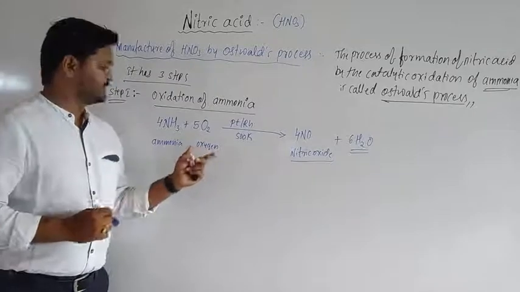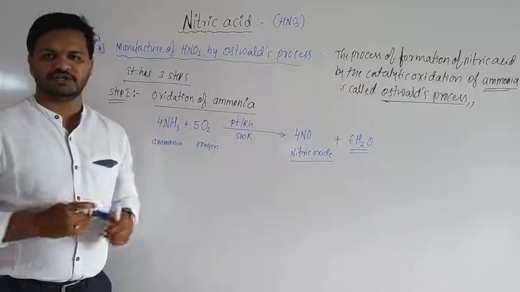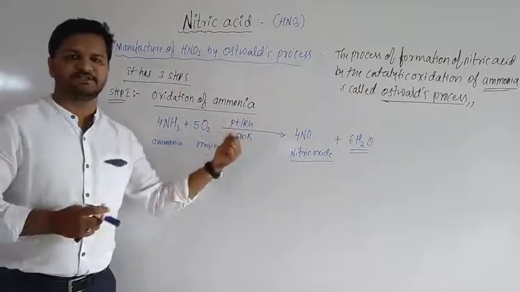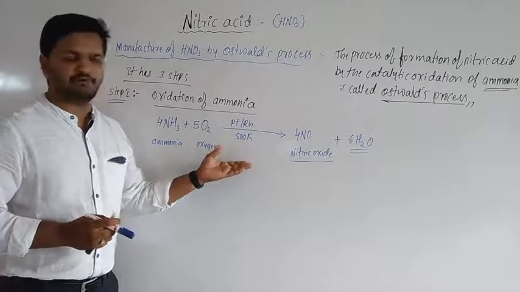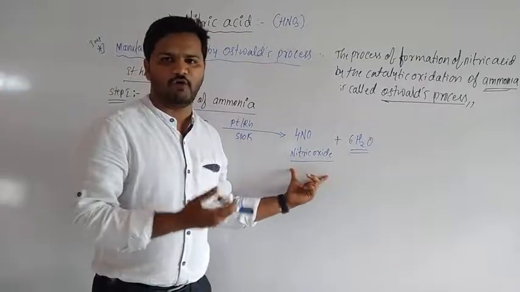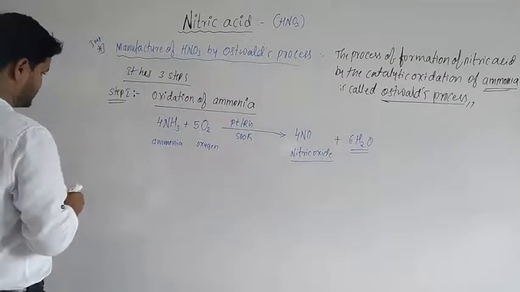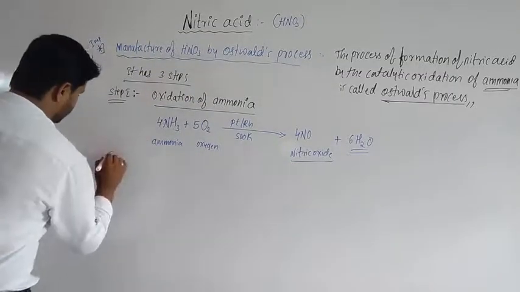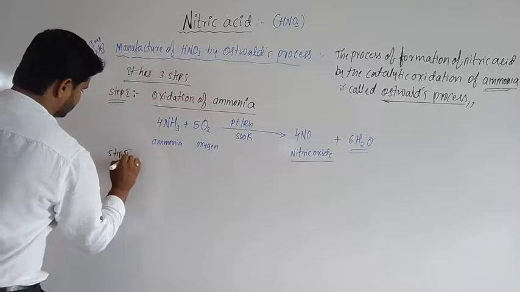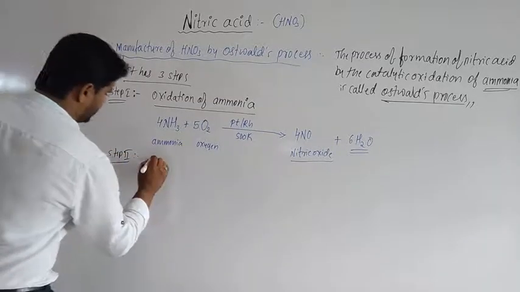Ammonia reacts with oxygen. Catalytic oxidation of ammonia takes place in the presence of platinum catalyst at a 500 Kelvin temperature. Nitric oxide will be formed. Okay. In the second step, what is the second step, students? Here, simple. In the second step, that is oxidation of